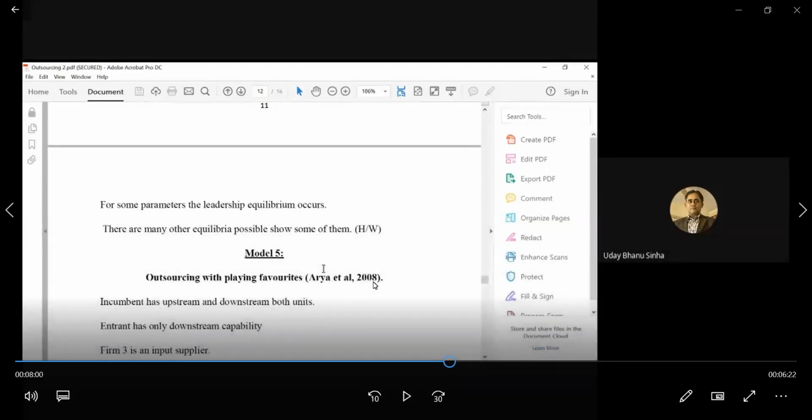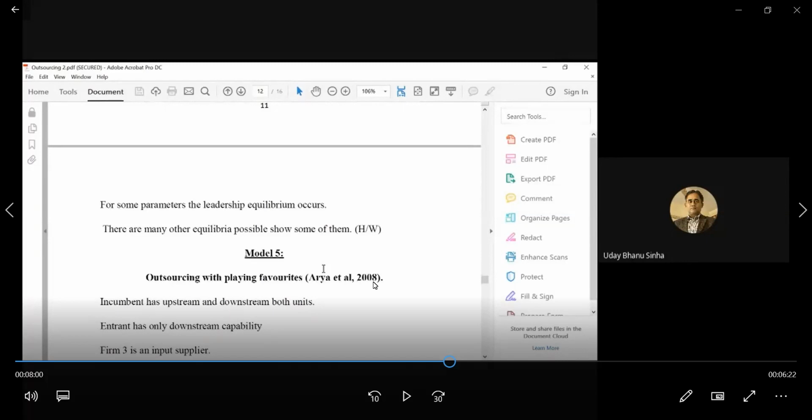from the followership position, these two together must be greater than if I simply do not accept any order from farm 2. So that means there will be a third stage Cournot competition. The input will be procured from the input seller at whatever price the input seller is selling to this guy. And farm 1 is not participating in the input market because it is not accepting any order from farm 2, okay? So in that case, it will be the monopoly of the input sellers in the market, and farm 2 will be buying input from farm 3 at the monopoly price that will be charged by farm 3,